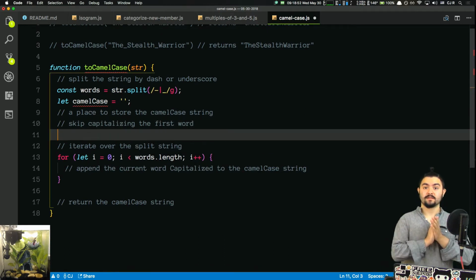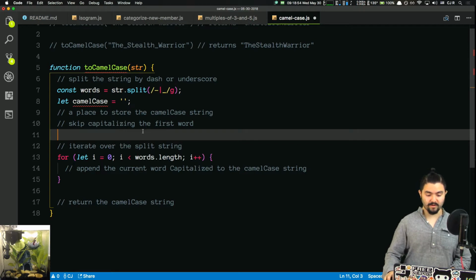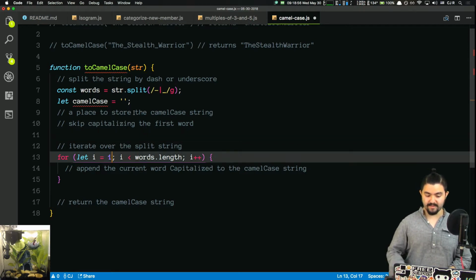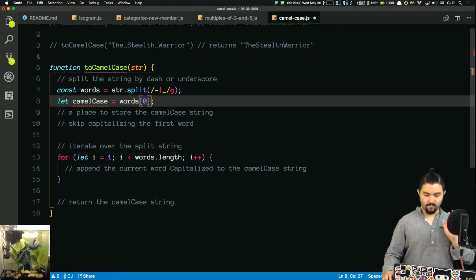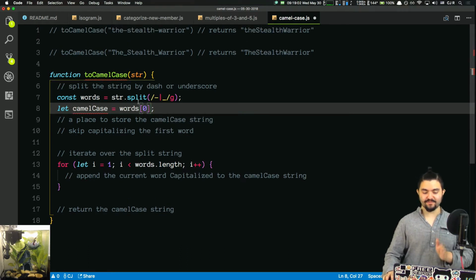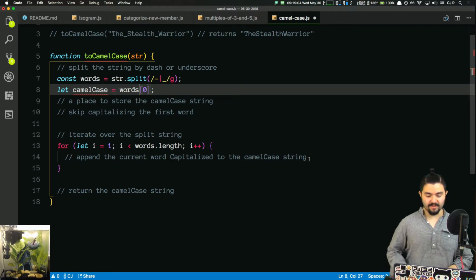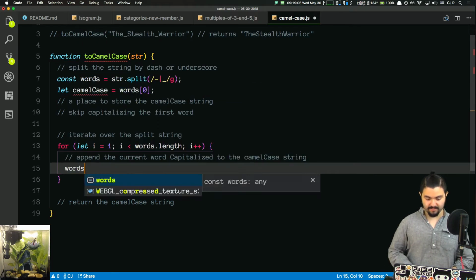Because then we can iterate from 1 up to the length. So we'll actually set camelCase equal to words at 0. So we're off to a good start. camelCase has the first word in there, and then we'll append each one. So we'll say words plus equal,